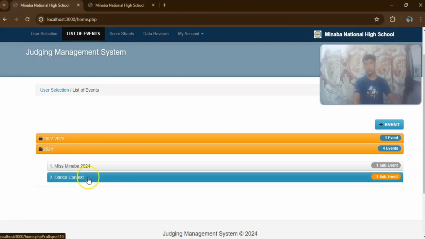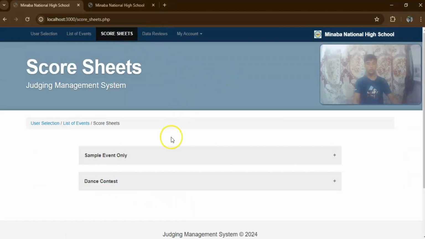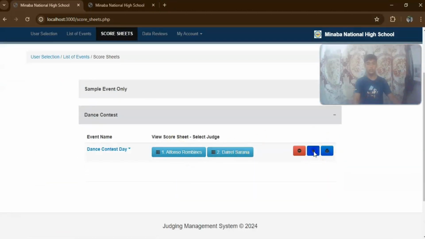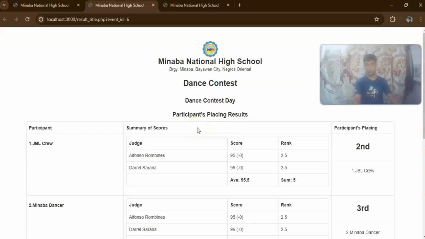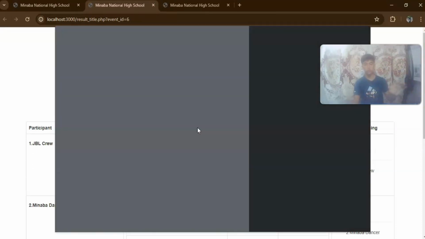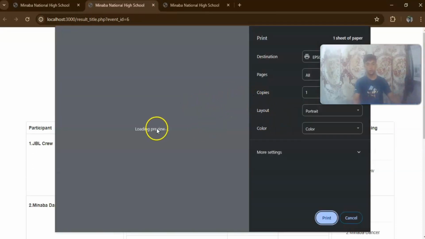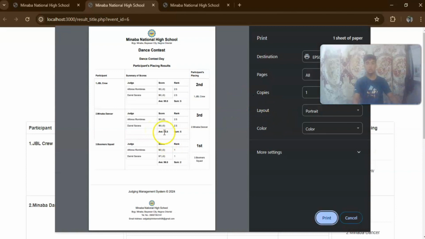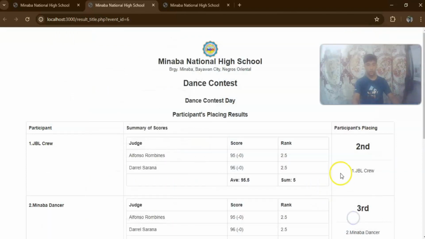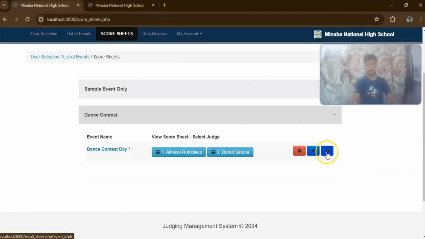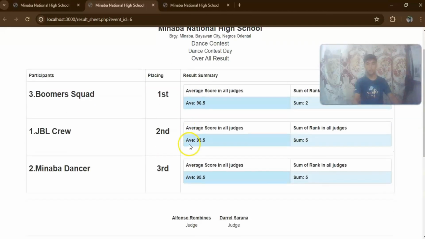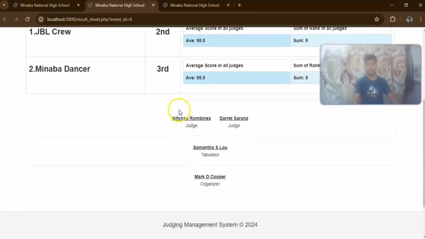Also the dance contest. By the way, in the score sheet you can print the result. We have two options in printing. Let's just say yes, and then 12.